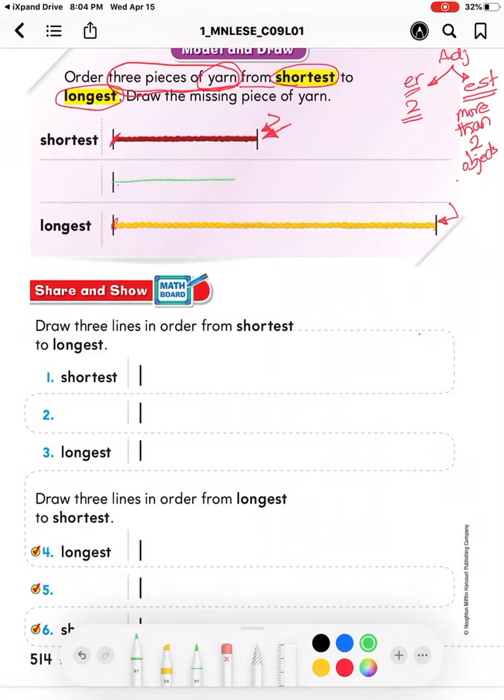Okay? And we can draw it like this. So it's longer than the red one, but it is still shorter than the yellow one. So it's in between the shortest and the longest. Now,